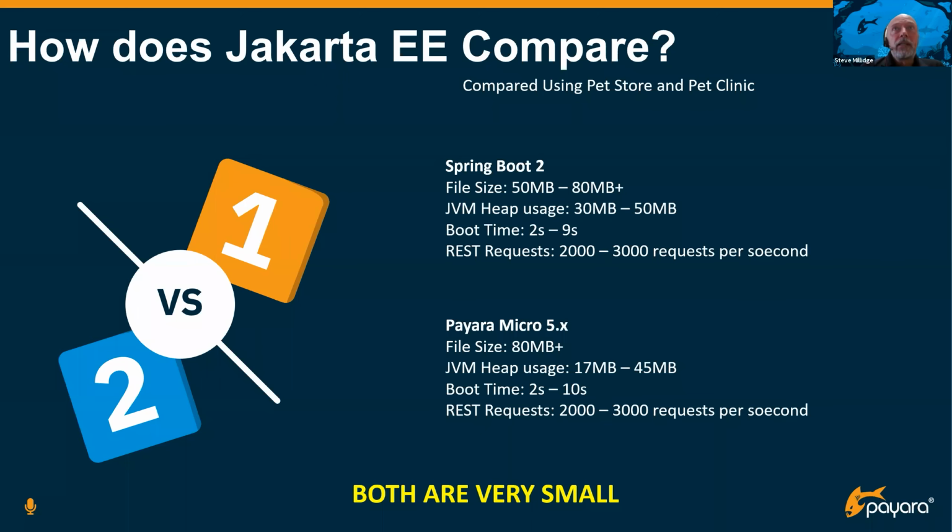So all I'm trying to say here, I'm not beating up Spring versus Java EE, but what I'm saying is both are incredibly small nowadays. Server-side infrastructure, application servers and runtimes are very small. You use way less resources than your browser is going to use running JavaScript. So both of them, as I say, are very small and very comparable.